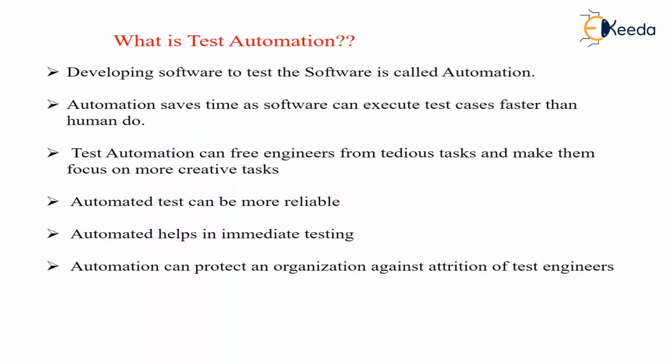When the test cases are run and checked, the coverage and the quality of the testing will definitely improve. But one way to overcome the challenge is to automate the running of most of the test cases. So, developing software to test the software is called automation. It's a bit confusing: a software to test a software. That means there is a tool, a software, which will test your product